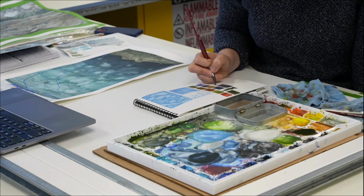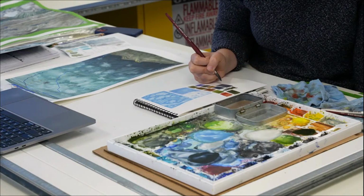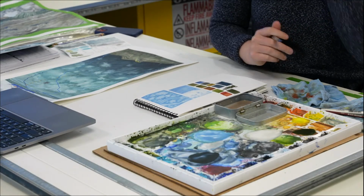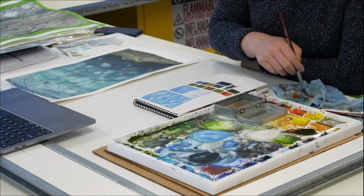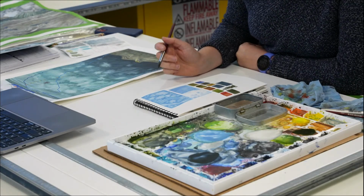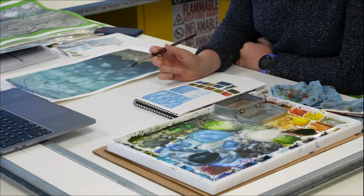And again, using more bright colors can obviously be great and beautiful. I do that sometimes in my work, but I often don't. I often just use more earth tones. And I don't use purple and yellow as much as a combo, but it can make nice grays or browns, and I kind of say it like that because